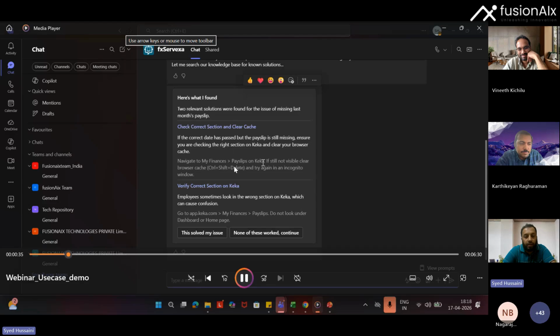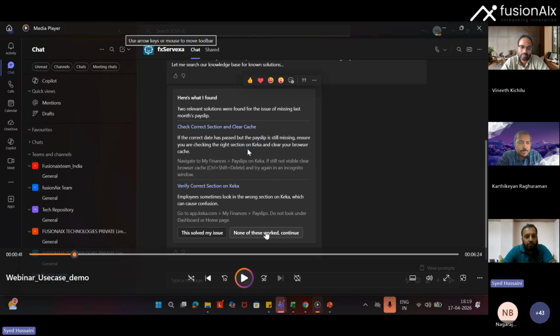Then the knowledge agent picked it up and searched our internal knowledge base. I just mentioned payslip, so it knows in which system the payslip should be. It's Keka, our HR portal.